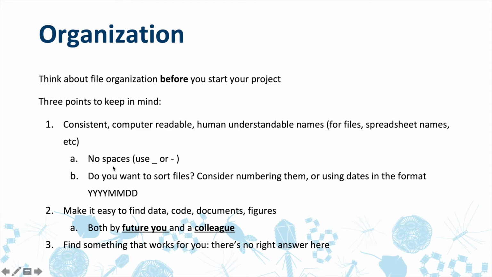And if you want to sort files or perhaps loop through files in your code, it's really handy to use some kind of format like this if your files have a year, a month, and a day associated with them, or some kind of ordered indexing like that. And this will make it easier to find files and understand what they mean. So remember, your closest collaborator is your future self. It won't be too long before you forget what you did six months ago, and this will make things a lot easier. Your future self will thank your past self, as I keep on saying.